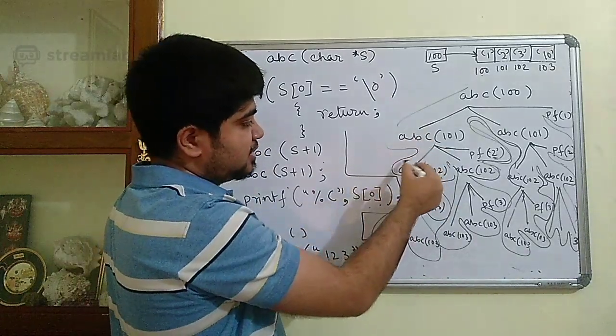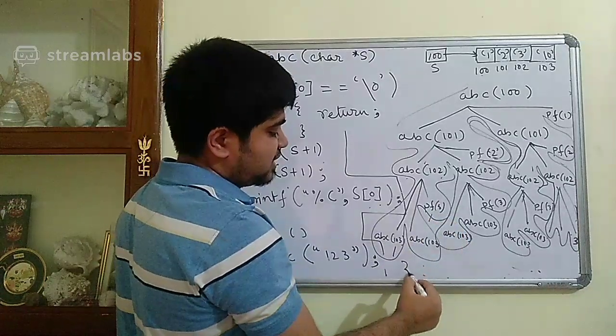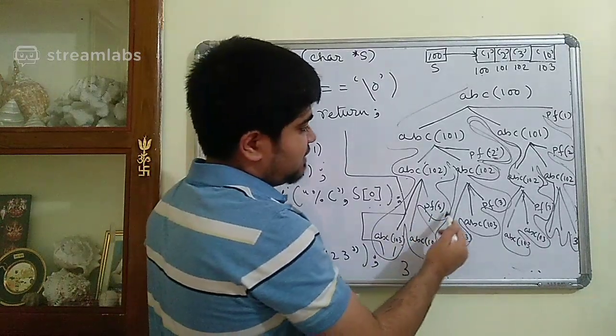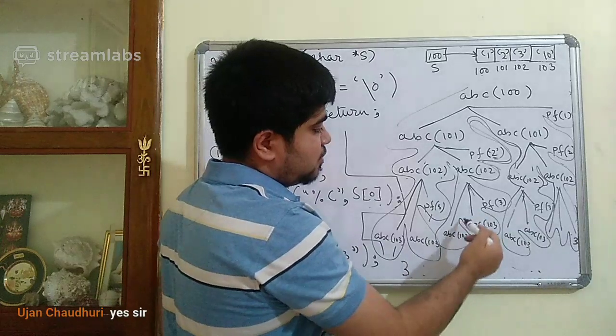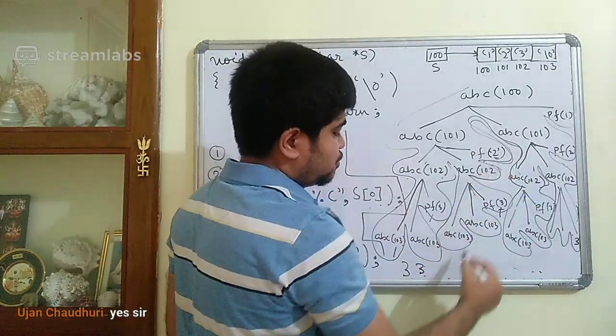So ABC. Finally we have a printf over here. So 3 is printed. Then we go. Then we are again going. Then again 3 is printed. Then we are going. 2 is printed,